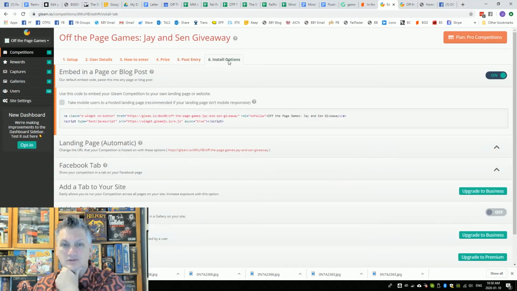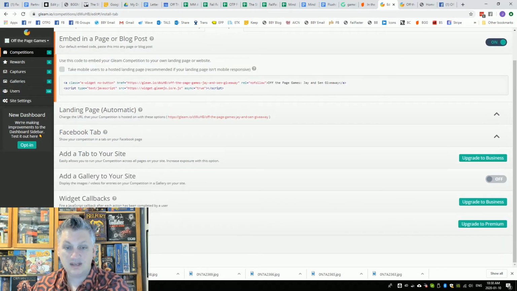And then install options. Now this is where you're going to want to take this script here and give it to your web manager, or you can just copy and paste that into your web page. Saving this now because I did change it. And when you come back to the main page,